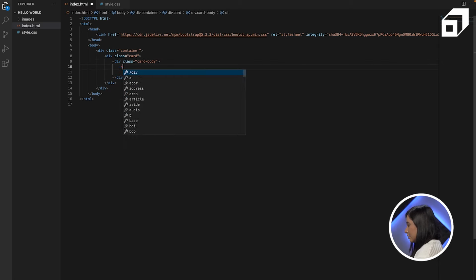So again you can either create a div or you can directly add an image. So I am going to add an image directly here. The source of this image is going to be, so I have many images already saved here. So I am going to write image and then slash, and as you can see VS Code is already suggesting these options. So I am going to add image2, let's say, and the class of this image tag can be card image,